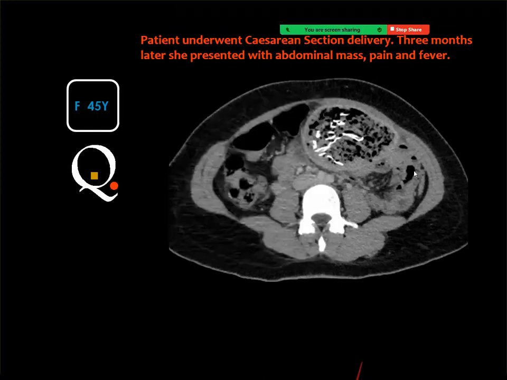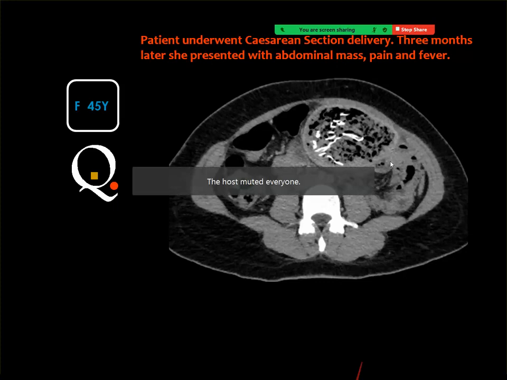Yes, and this is gossypiboma, or retained